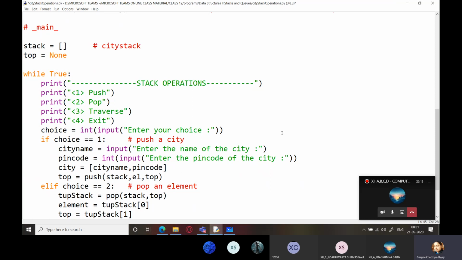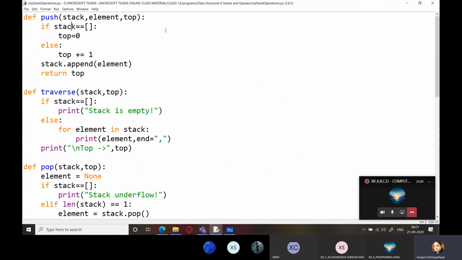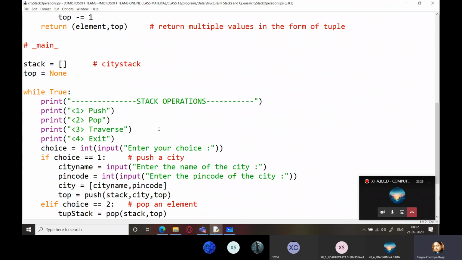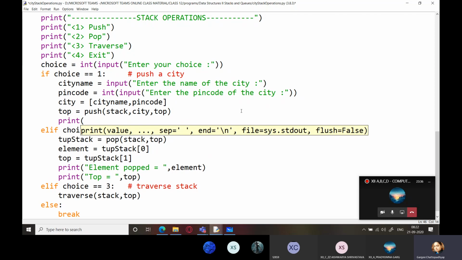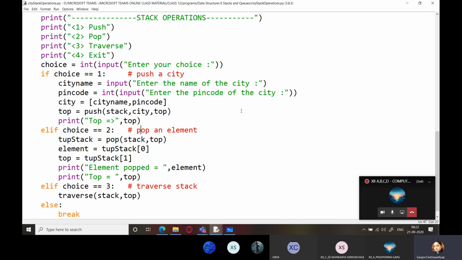And here I am passing it to stack, city, top. Let's go to the push function. Everything will work the same. Okay, when you write append, it will append that entire sublist and it will return the top over here. Right, so you can see the value of top. So I am just going to add a statement top equals what top. Next is pop the element.